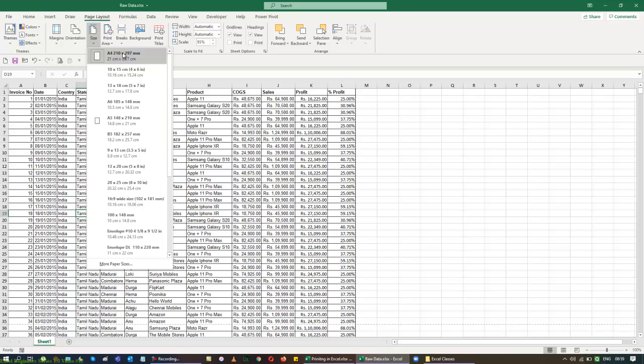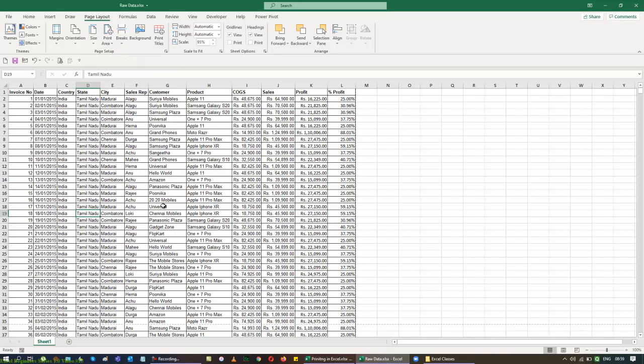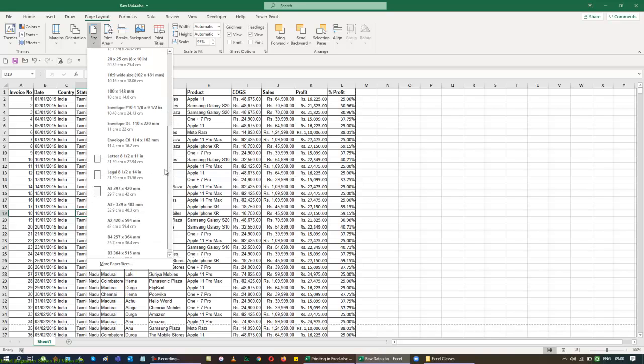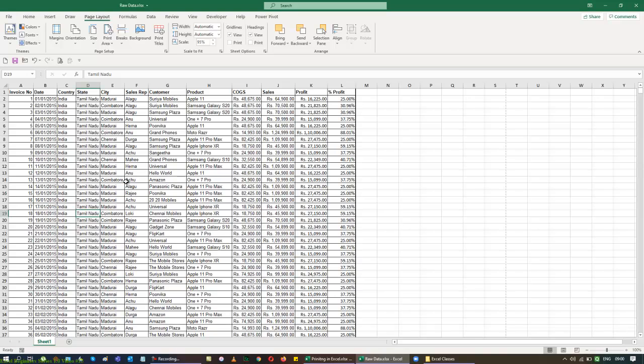So now I got the A4 option in here. I got the list at this point, and now I got the page sizes as they are. And if you are using a different page size, maybe you are taking a printout in A3 size, you can definitely add that to your list.